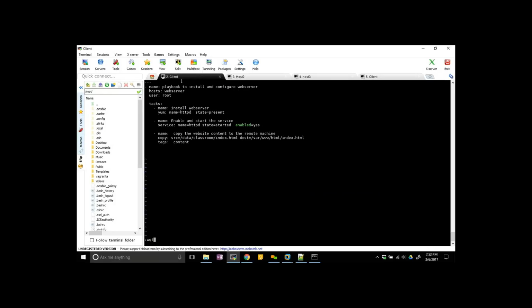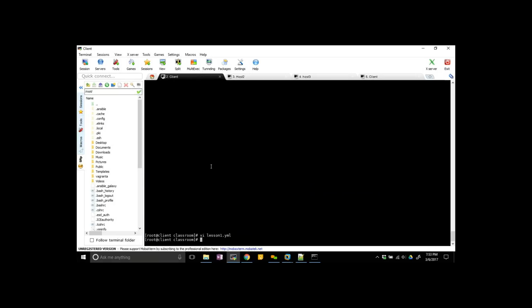So I don't want to run all the tasks. I want to only copy the content to the target host, and I don't want to run the other tasks. So go to the end of this command and give -t.